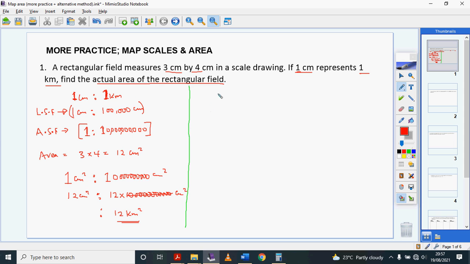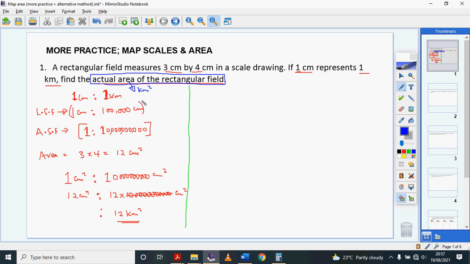So what I'm proposing today is the alternative method, where you first look at the area of your final answer. So this question is asking you to find the actual area of the rectangular field, and the actual area of the field that's needed is in kilometers squared. So that's your final answer. Once you figure out what the unit of the final answer is, then make sure your scale, your map scale,